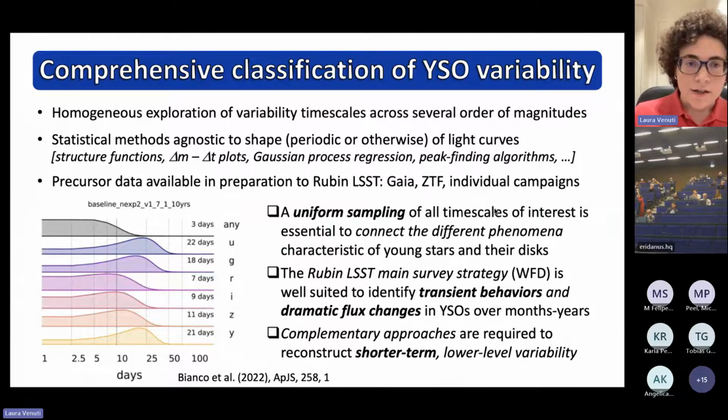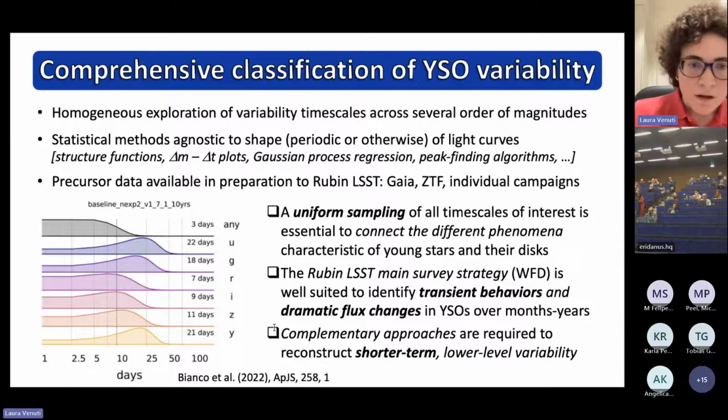So the key result of this analysis is that a uniform sampling of all the timescales of interest is critical in order to connect the different phenomena that are characteristic of young stars and their disks. And so the plot I'm showing here on the left is a diagram extracted from a recent paper by Federica Bianco, which illustrates the typical expected separation in time between two consecutive visits to the same LSST field, either irrespective of the filter that is used, so the minimum separation in any filter, which is around 3 days, or in